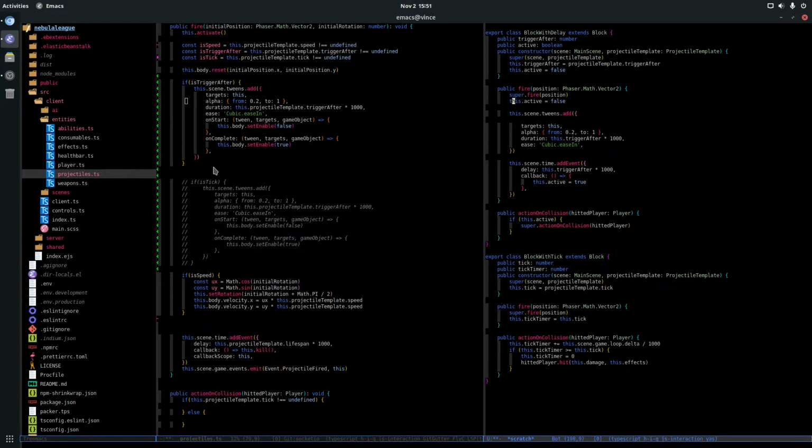Yeah, single, die, and multiple. But multiple cannot work alone. Multiple only makes sense with a tick. Otherwise, if multiple has no tick, it will do it every single second, which makes absolutely no sense. But it should be explicit, like collision behavior or something like that.